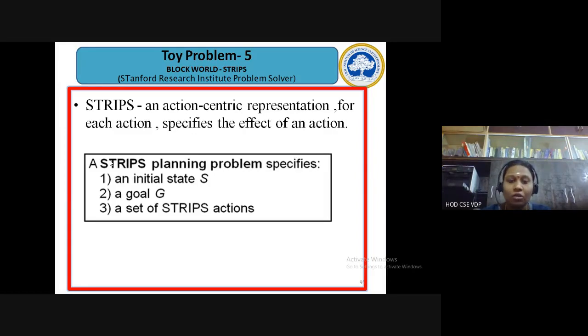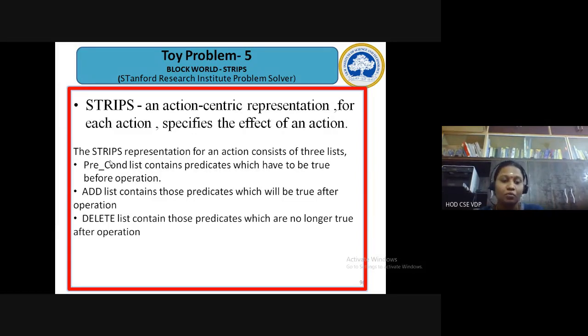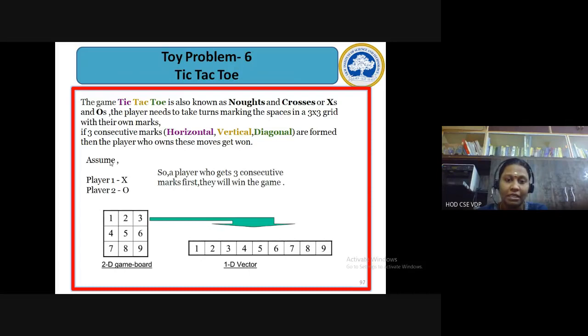Moving on to the next problem, that is tic-tac-toe. So this is again a very easy problem. Before that,